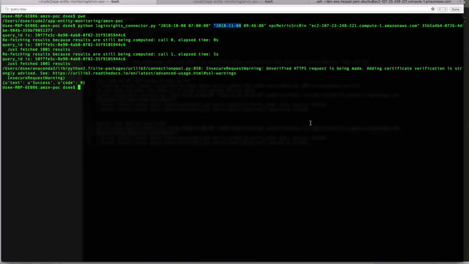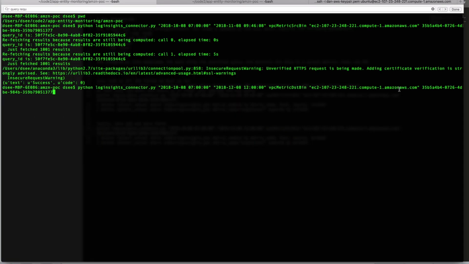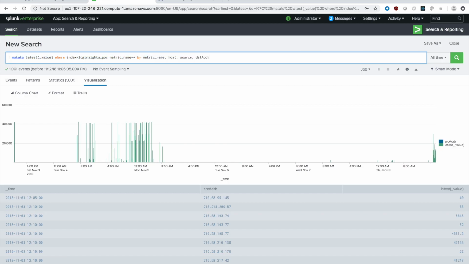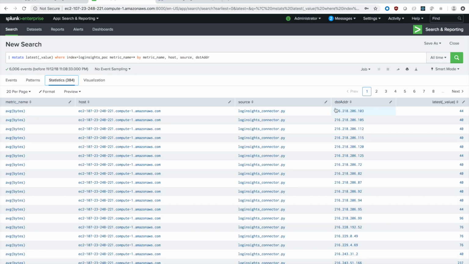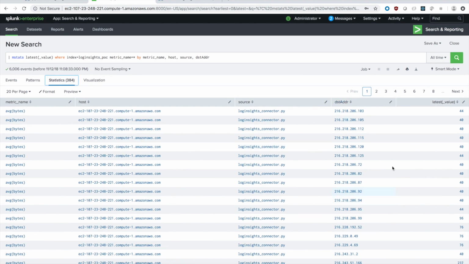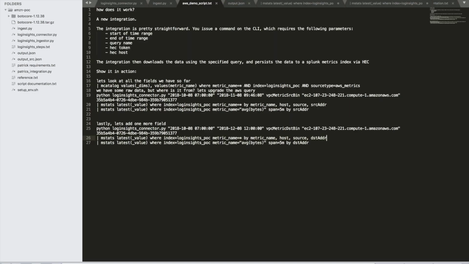This time, I'm going to ask Amazon not just for a source address, but also a destination address. We can see that we have that destination address right there. Host is the same, source is the same. We have some similar metrics, but now we have a new field. Latest value. And most importantly,